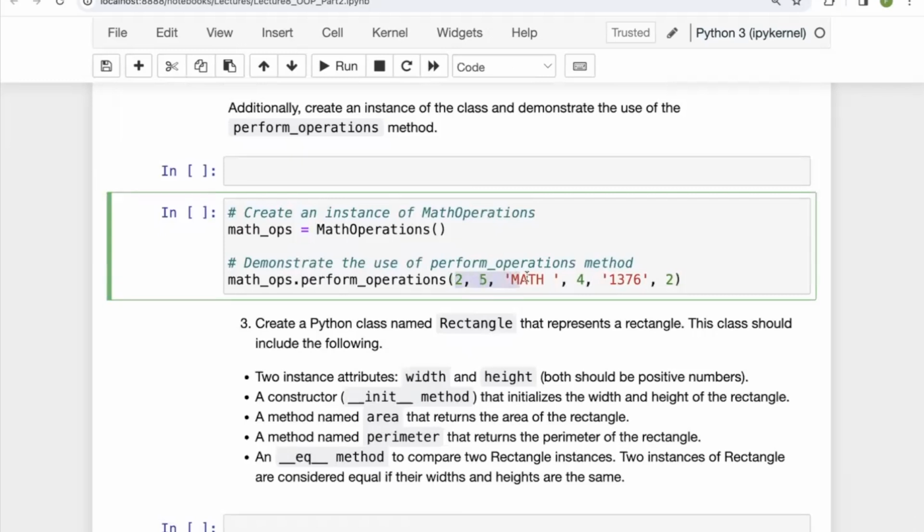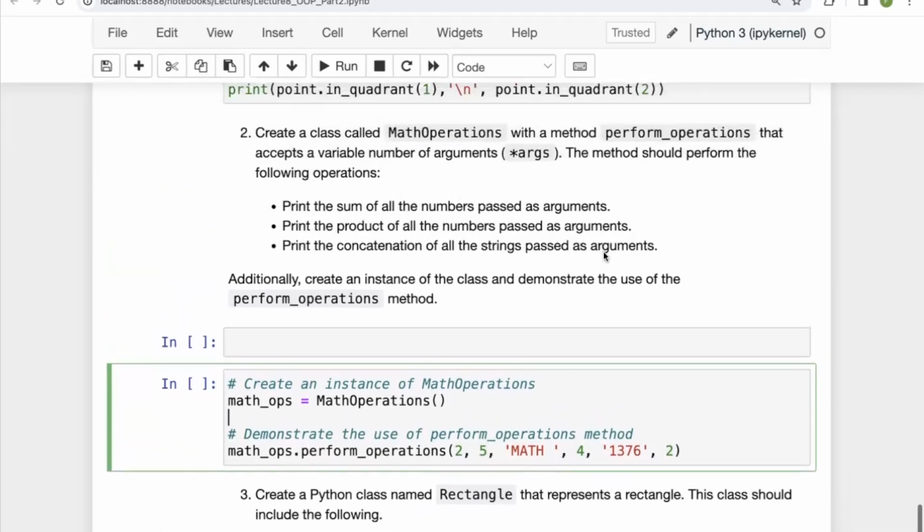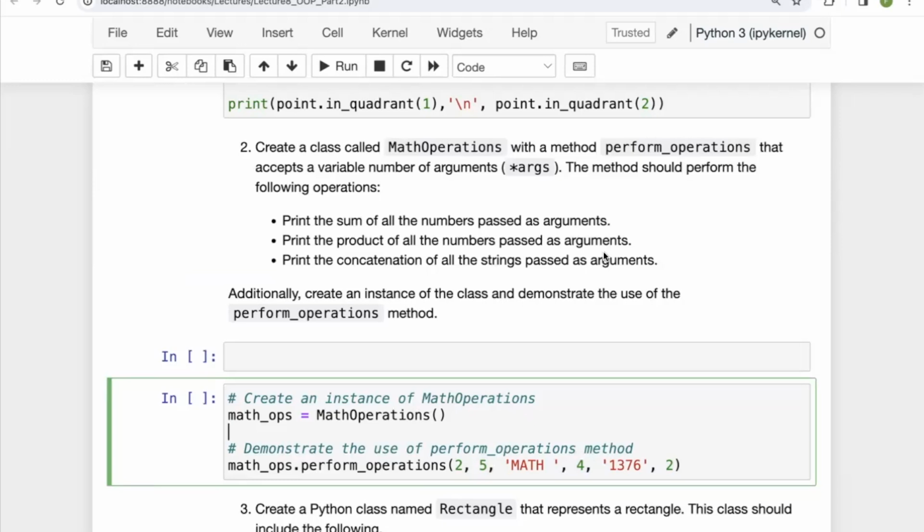If I provide an arbitrary set of numbers and strings, I want to be able to get the sum of these numbers, 2 pi 5 4 2, their multiplication, and also the concatenation of these two strings that we have. So this is another example to practice defining classes and using these